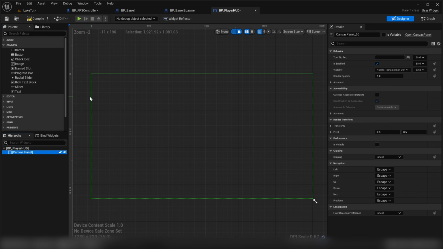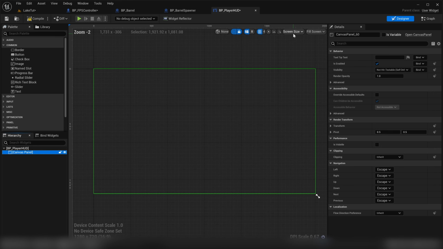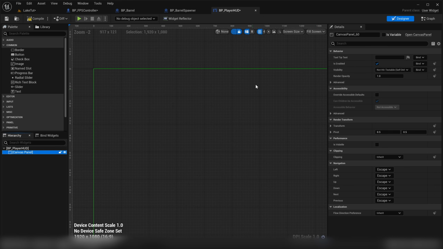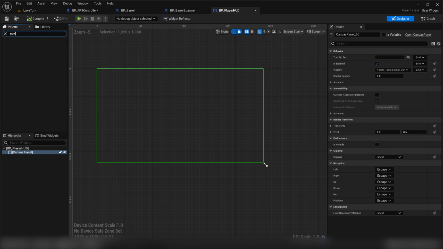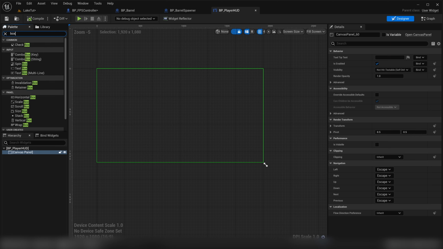And so within this new canvas, I'm going to first just set the screen size to be like a 24-inch monitor size so that we've got a nice standard screen size to work with. And then within that canvas panel, I'm going to create a couple of boxes. And if you've done any HTML, these are like divs basically with a bit more